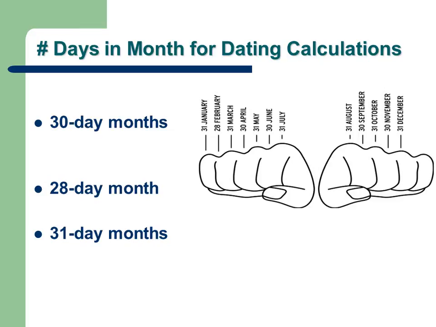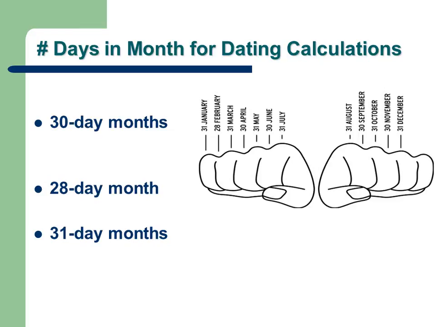That's January, 31 days, and move on to the concave part of the knuckle right next to the first protuberant part. That is February, so it's less than 31. February is a special month, 28 days, and March goes up again, so that's 31. April goes down again, 30. May goes up again, 31. June goes down again, 30. July goes up again, 31. And from then on, you turn around, so it's the same protuberant part again for August, so 31. And September 30, October 31, November 30, December 31.